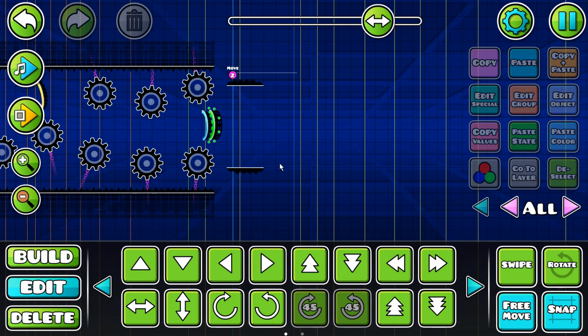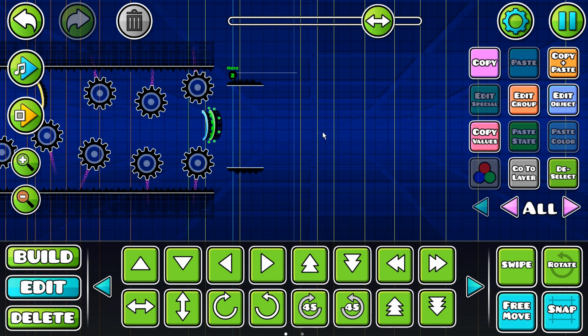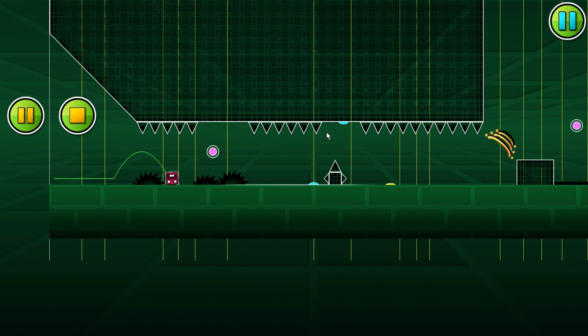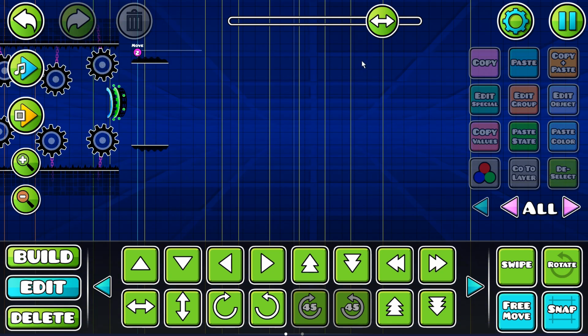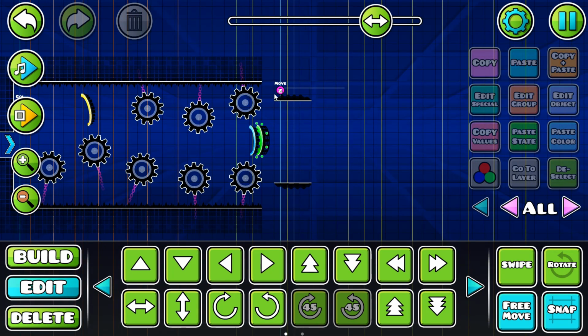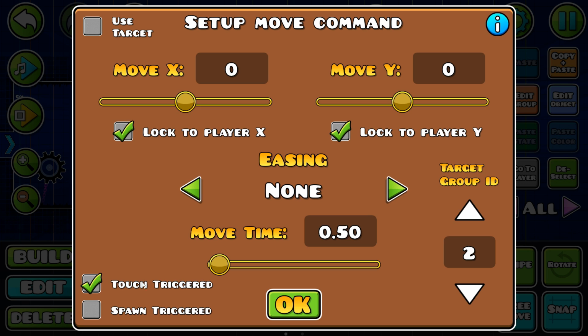I'm just gonna try this. I think move, and then edit object, and then lock to player Y. What's gonna happen now? Nothing. So it's not just randomly at your coordinate. Maybe it's only gonna happen once you reach the move part. That's actually nice, because what I can do is put the move right there, and then maybe really touch, you know, trigger it. Or no, I think what also works...